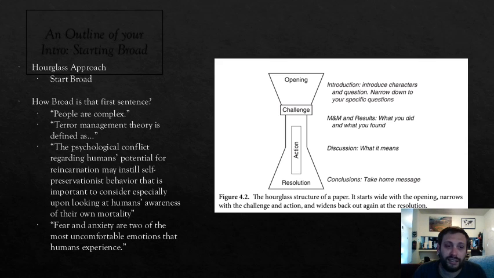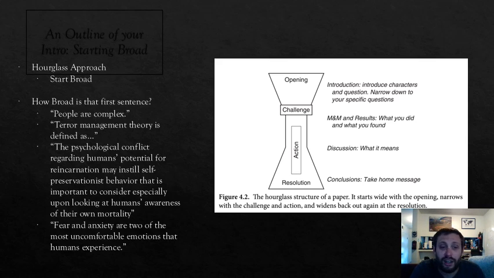And so you might be asking yourself, how broad is that first sentence that we're going to be using in our opening? You can say something like, people are complex. Well, that's a little too broad, right? Additionally, you can say something like, terror management theory is defined as... well, in my opinion, that's a little bit too specific. Or you can say, the psychological conflict regarding humans' potential for reincarnation may instill self-preservation behavior that is important to consider, especially upon looking at humans' awareness of their own mortality. That is actually a pretty good